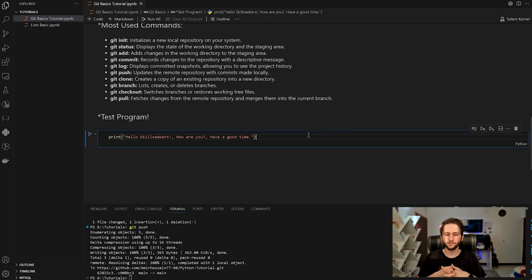So if we want to add any features to our program, or fix any bug, we can create another branch and make our changes in that branch without changing anything in the main branch. We can make our changes